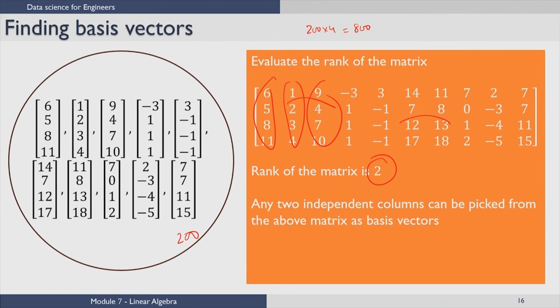Now, let us assume we do the same exercise for these 200 samples, and we find that we have only 2 basis vectors, which are going to be 2 vectors out of this set. What I could do is store these 2 basis vectors, that would be 8 numbers, which is 2 by 4,